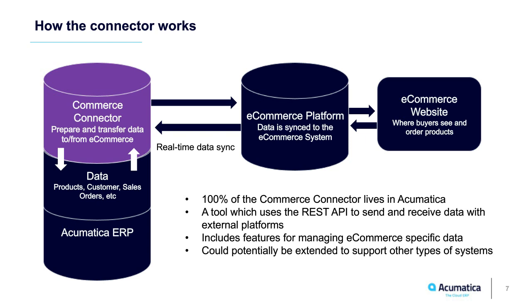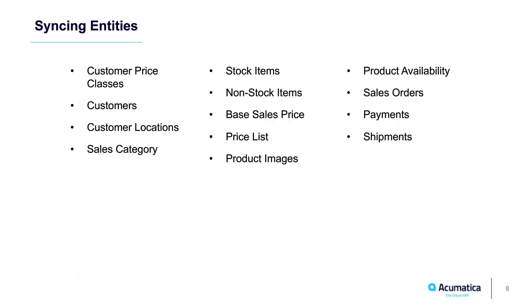Okay. Now, when we think about what is integrated between the two systems, there's many different entities which we've covered, everything from customers, products, payments and sales orders, the things that you would expect. But we've also gone so far as to include integrations between, say, our price lists. So if you're a B2B seller and you're offering negotiated rates to some of your customers, of course, you're going to be setting up those rates inside your ERP. And what we've done is we've made it possible that those rates can then be extended out to the e-commerce platform. So when that customer logs into the e-commerce site, they're going to see all their customer-specific pricing, which is